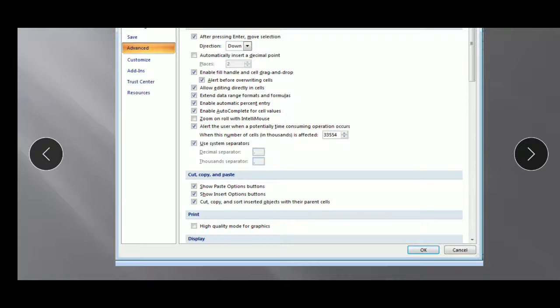Then you have Print. When you're printing that Excel sheet, if you do not specify the print settings at that time, by default if you keep it on high quality mode, it will get printed in high quality mode only. Then there is Display also below. So in Advanced there are certain further options which you can select. Why are all these Excel options there? Because if you select and keep them by default, you do not have to edit those things every time you type. Once you keep on typing, these formattings will get applied to your data, and when you click OK, that will get applied.